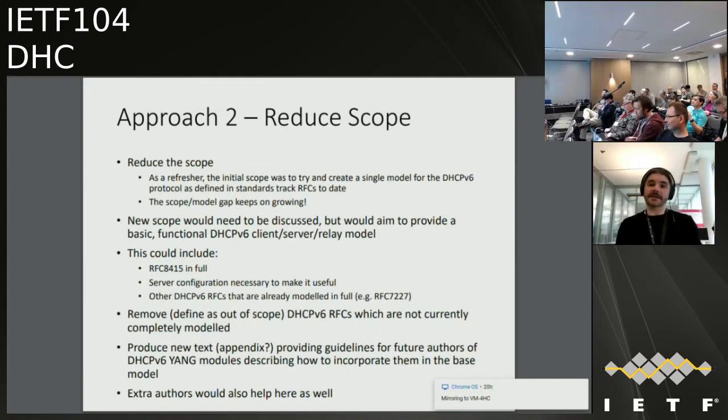Okay. Obviously, reduce the scope. So we've got a boil-the-ocean problem. We've also got the fact that the protocol, okay, is not growing as fast as it has been historically, but it still continues to extend. It's getting further and further away from us. So the proposal here is really, can we de-scope this to a point where we can get something which is useful to be implemented as spec'd,